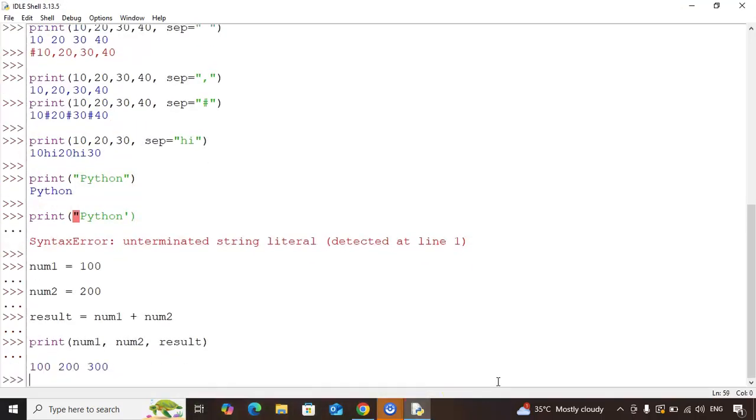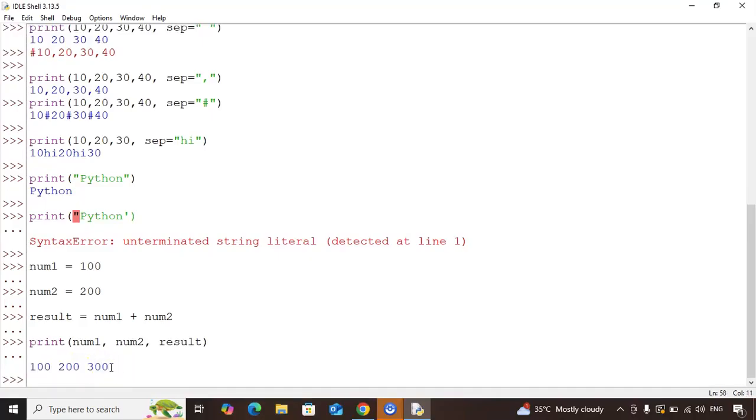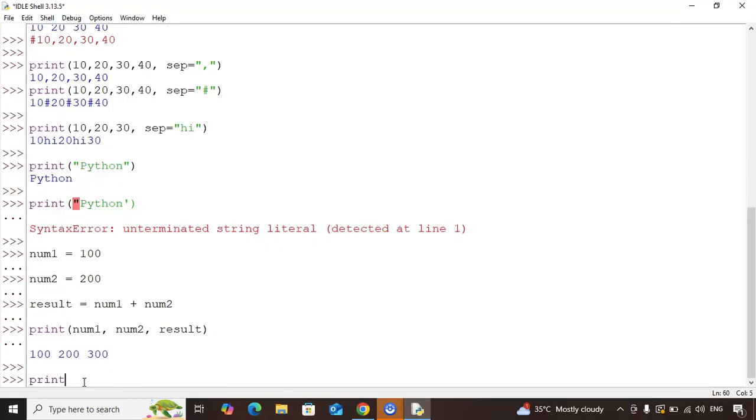Okay. So, it prints 100, 200, and 300. So, in this output, we don't understand, right, what is the actual meaning of it? What is 100, what is 200, what is 300, right? So, if you want to print, let's say, num is 100 or addition of 100 and 200 is 300, something like that, right? So, how you have to do it is this, print,